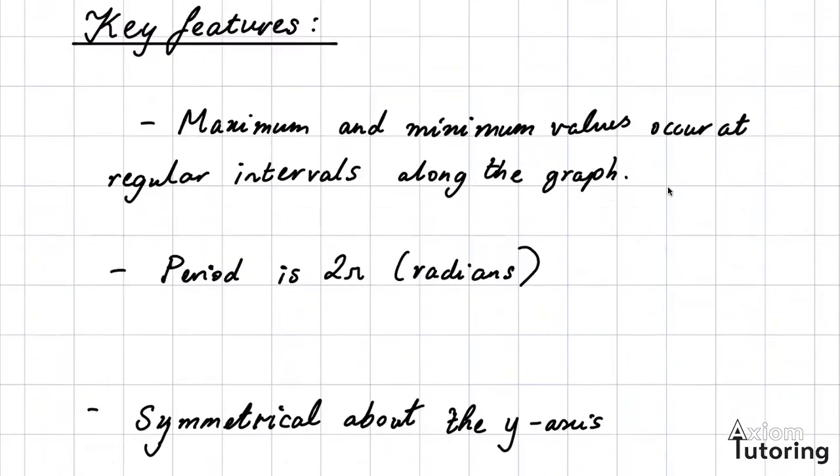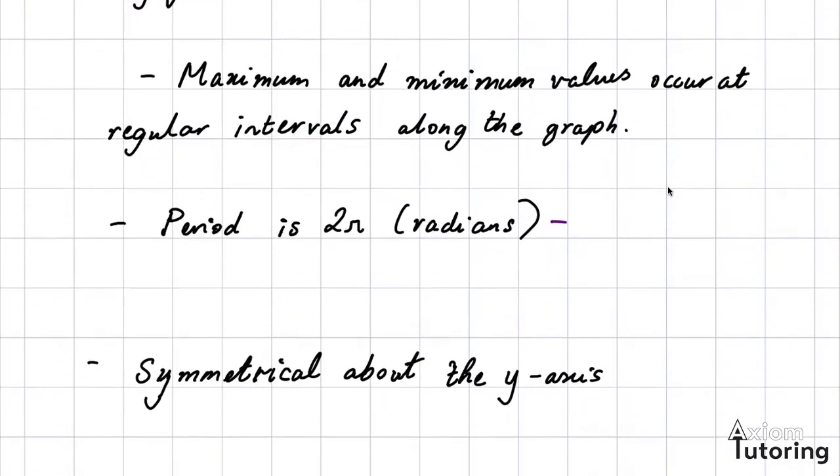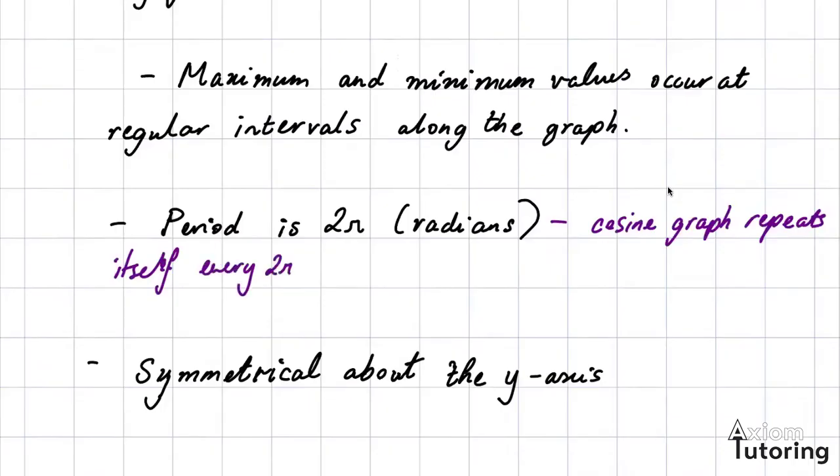The period is 2 pi radians. This means that the cosine graph repeats itself every 2 pi radians,